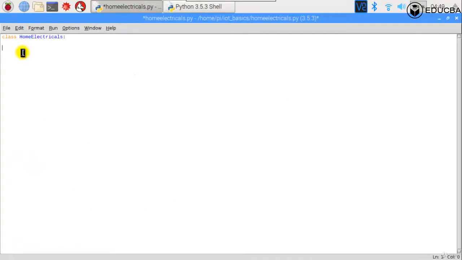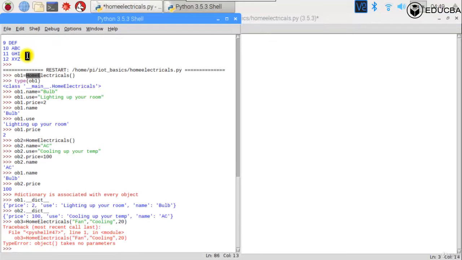But if there is a method called the init method, this method will be called by default. This method is called by default when an object is created.